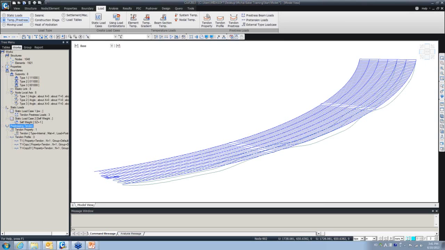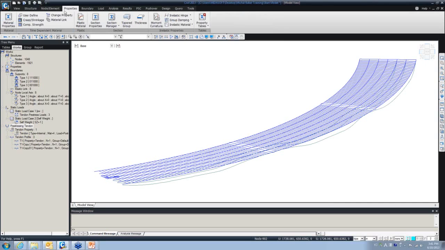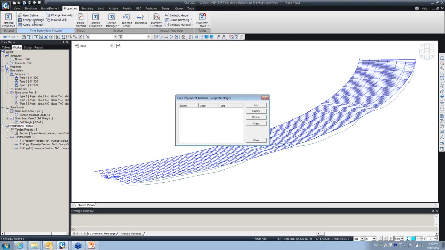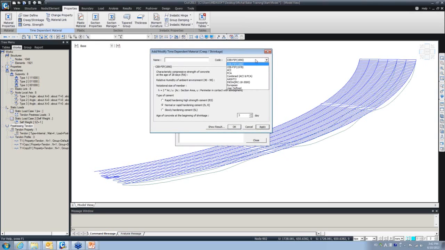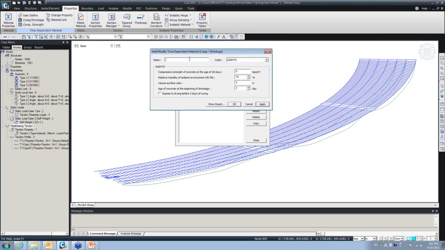Now another important thing in post-tensioning and pre-stressing is time-dependent analysis. To define the time-dependent material, we can go to the properties, and you can find creep and shrinkage and compressive strength. So here are the parts where you can find the time-dependent material properties. If I click on creep and shrinkage and add, you have options to select based on the code, like CEB-FIP, ACI, AASHTO, and PCA. If you go with AASHTO, you can call it creep,